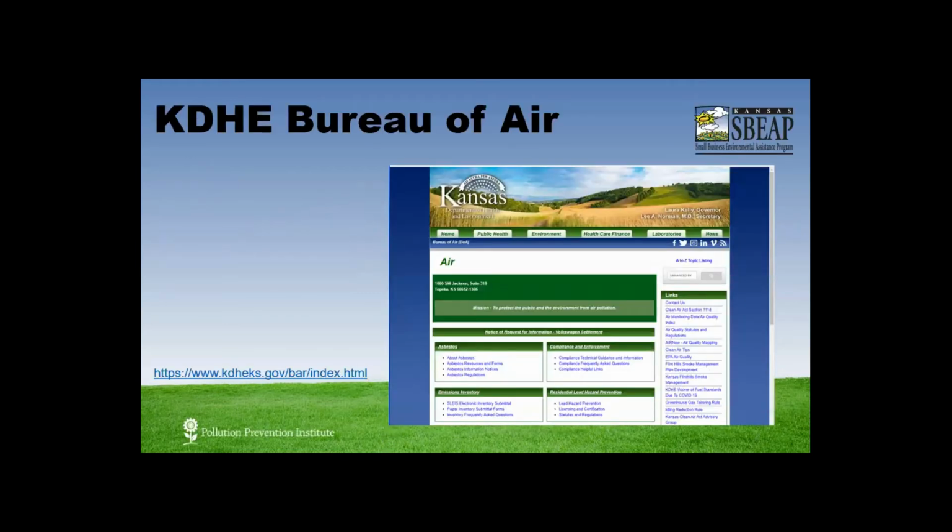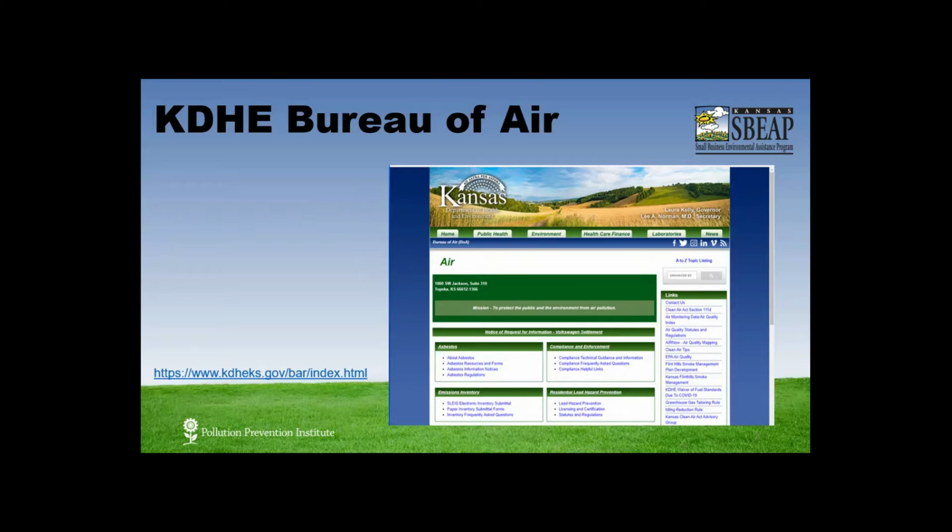In Kansas, the KDHE Bureau of Air is the authority that monitors, regulates, and permits air emission sources and activities through the state's EPA-approved State Implementation Plan, or SIP, and through adoption of some federal air quality rules and interpretations. Resources on regulations, permitting, emission inventory, monitoring, planning, and public notices for permits, regulations, and other actions can be found